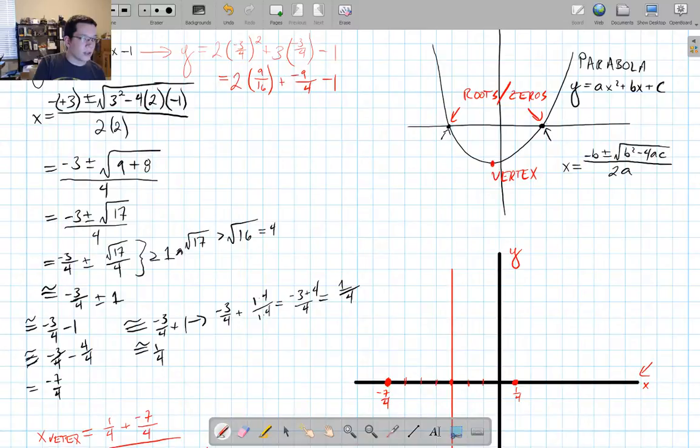Then we multiply the 2 in, so 2 times 1/16 is 1/8, so that gives us 9/8, plus negative 9 over